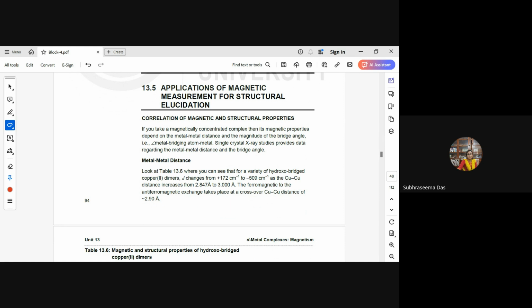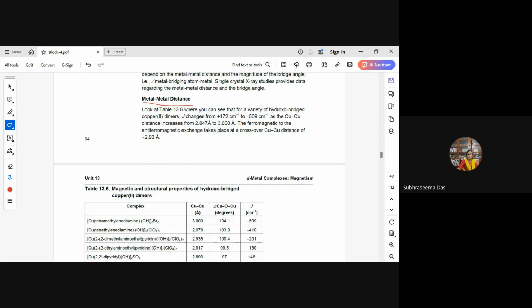So if we look at magnetically concentrated complexes, the magnetic properties are very much dependent on the metal-metal distance, that is, the magnitude of the metal-metal distance, and the metal bridging, that is, the metal atom, is also very important. For this, XRD also plays an important role. So when we look at table 13.6 here,